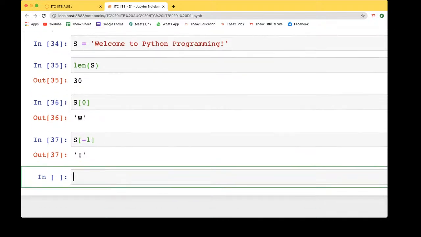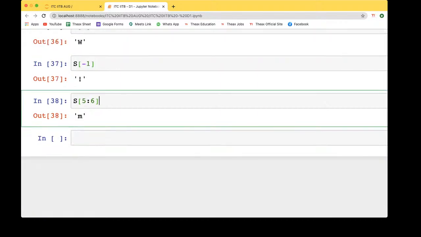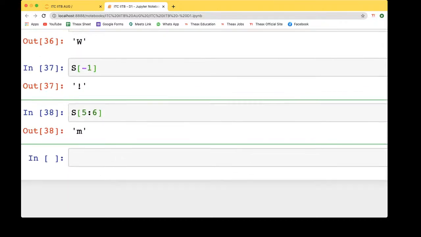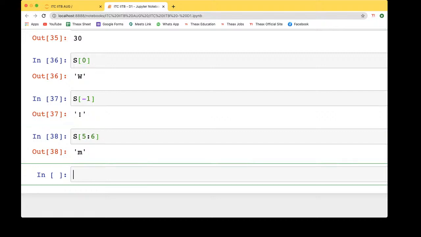Let's say we want S of 5 to 6. So what happens here, you'll be getting the character at 5 itself, only one particular character, that is M, right? Because the last number you write, the 6, is nothing but the range end. That is 5 to 6, we are taking the characters starting from 5 till 6. Okay, let me define it for you.